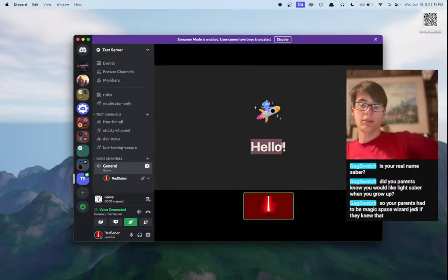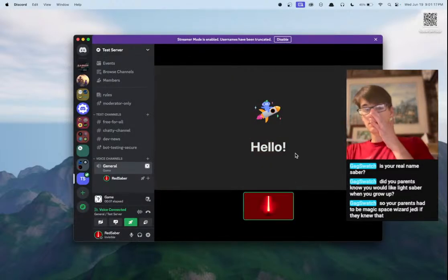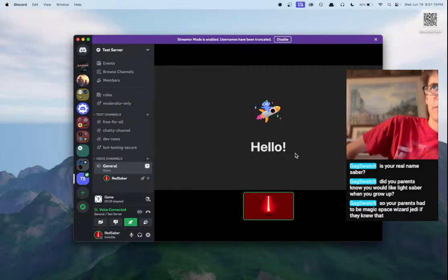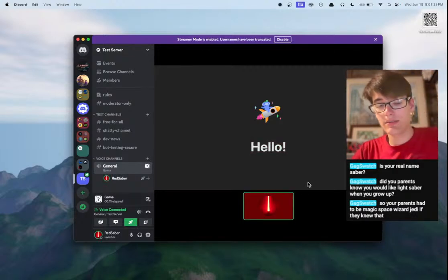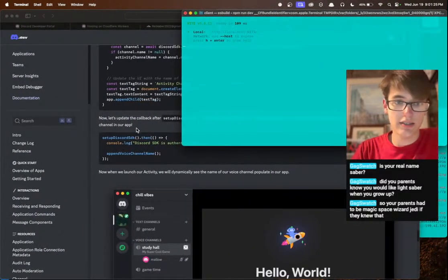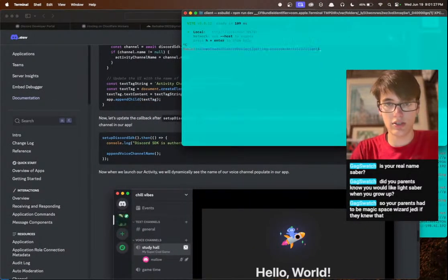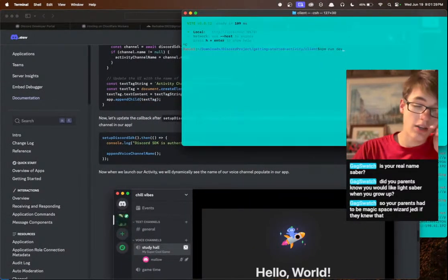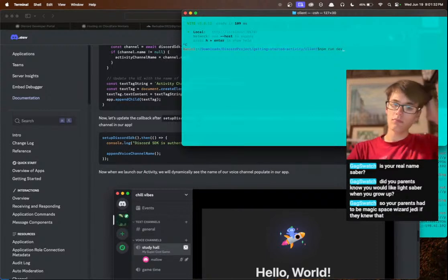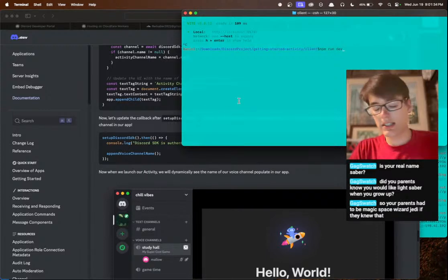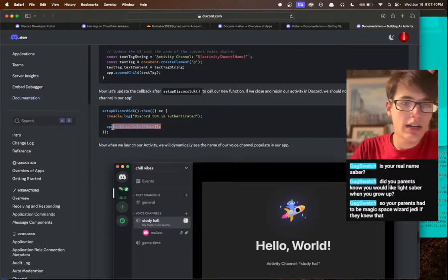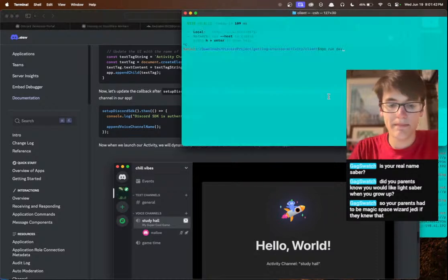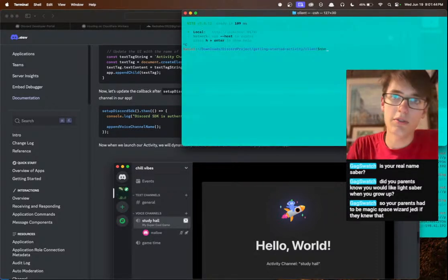I will say, obviously it didn't work, but it's pretty nice. We have a pretty quick back and forth between how we update the app. It's pretty immediate that we can see the updates to the activity. So it's not bad as far as iteration goes. I would say there's definitely hope there for Discord development. It's not as fast as if we had an IDE that we could preview this in, but it's not bad. The question is why is it not working? I mean, that's pretty much always the question, but